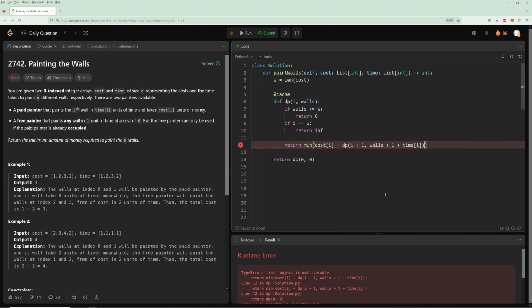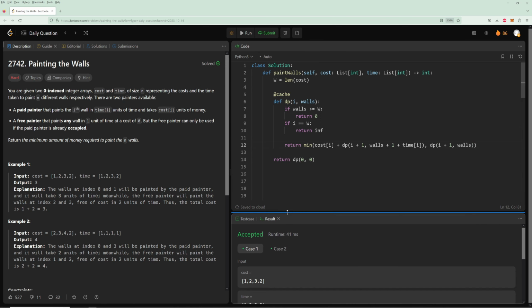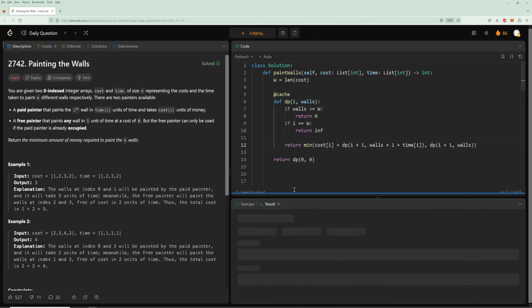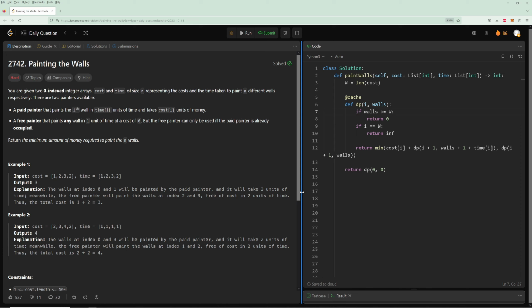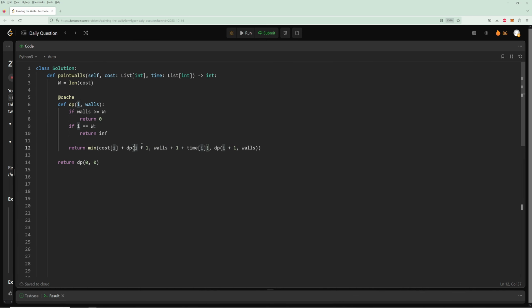So this is the cost of our painter painting, but we also have to have the do nothing thing, right? So do nothing is just going to be index plus 1 and walls. And so now we can try it, and that does work. Yeah. And so what I will mention is you can space optimize this,